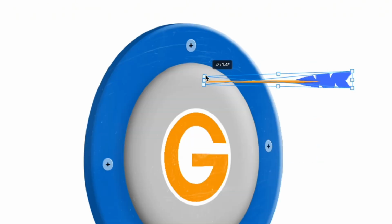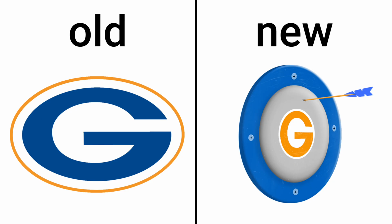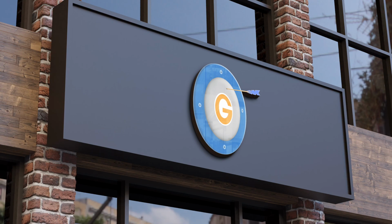Next, I created a skinny rectangle with a feather shape at the end and put some cuts in it, which is supposed to be an arrow, so I put it in the shield and added some tiny cracks. This logo is probably my least favorite, but it still looks cool on this banner,